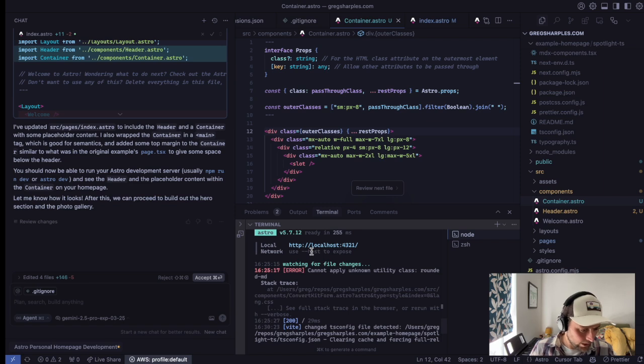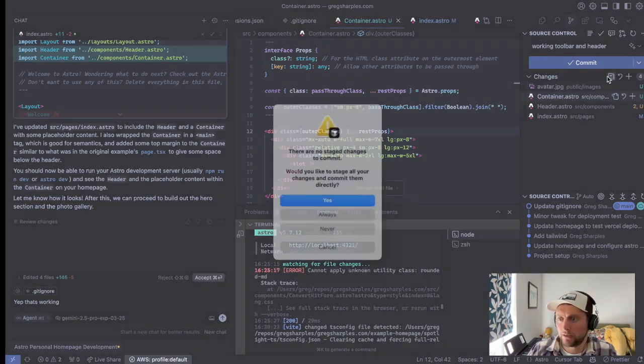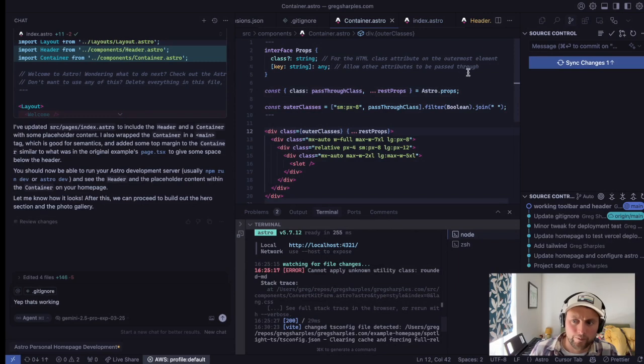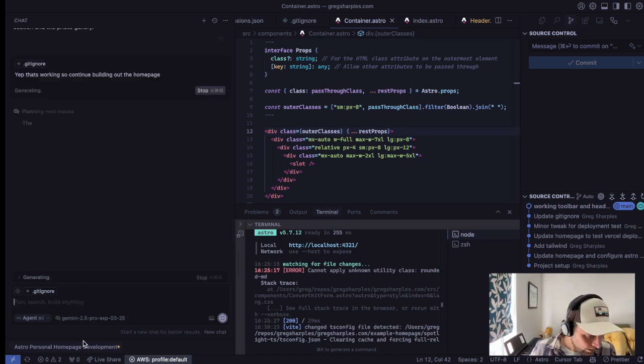Sorry, just Mailgun again, still after my attention, so that's fine. I might again just do a little git commit. So you can say working toolbar and header. We can send that off. Now I'm pushing that, it should appear live shortly. Then we'll tell Gemini to carry on. Yeah, that's good. So continue building out the home page. While that's going,